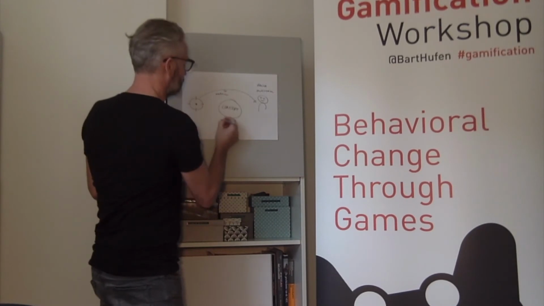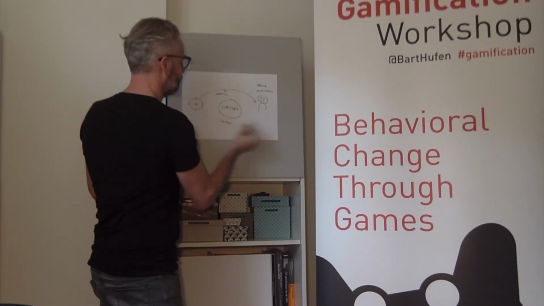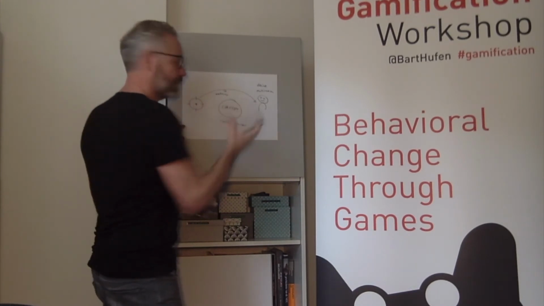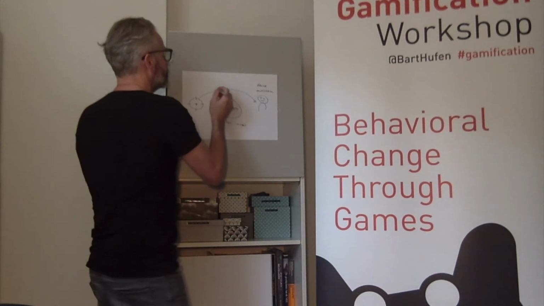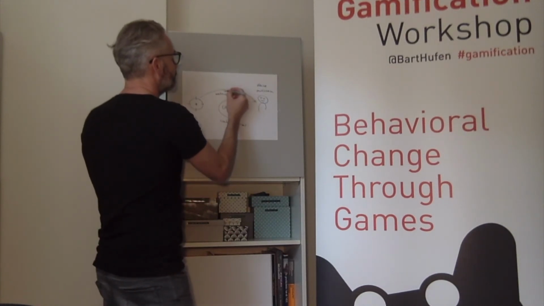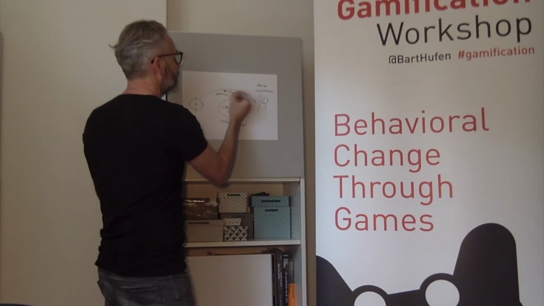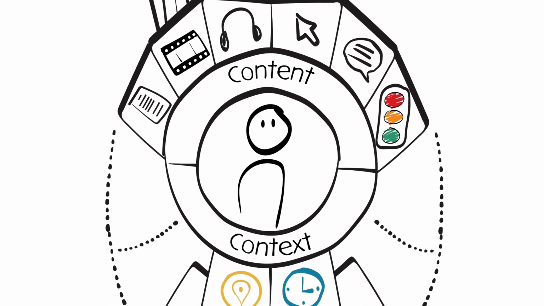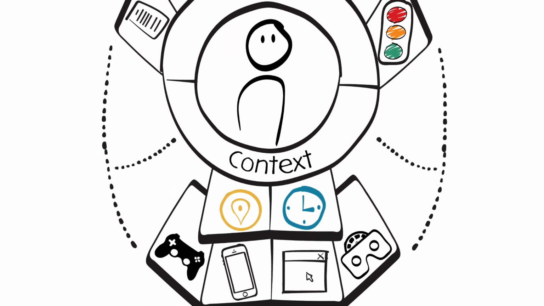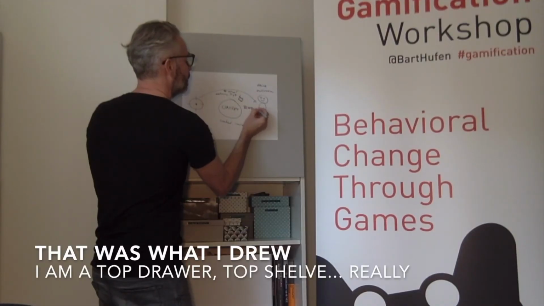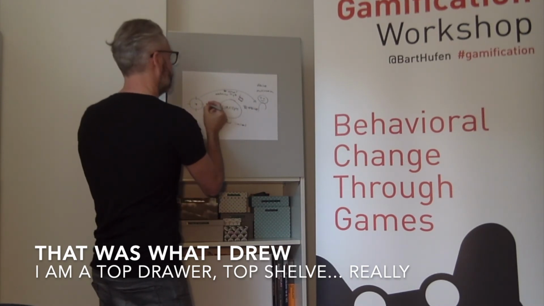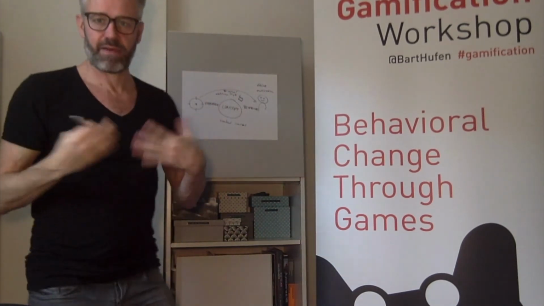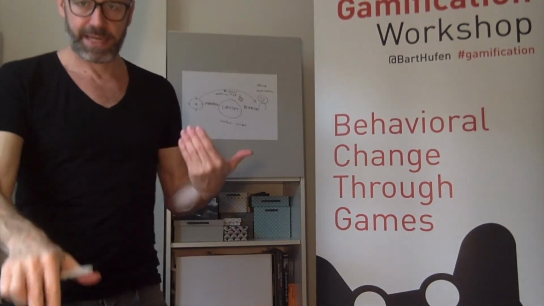Obviously there's a certain type of content in the game or gamification system, and there's a certain context where people actually play the game, so it's time and place. So we have mechanics, we have, for instance, also the visual style of the game, and we have the back end of the database where we log all the data. So here we have behavior. I'm sure you cannot read this, but I will show you shortly. And here we have the feedback on that behavior. So this is the gamification canvas, and this is what we will go through in the next period of time.